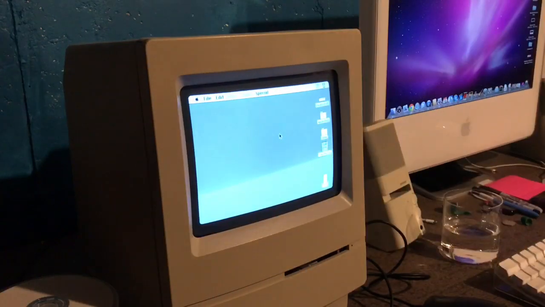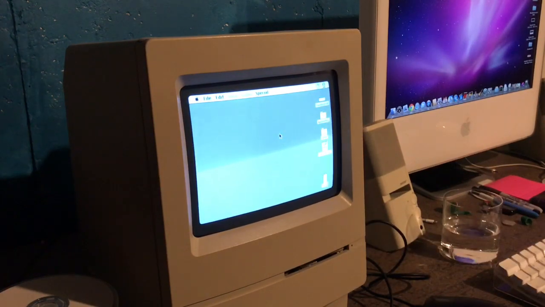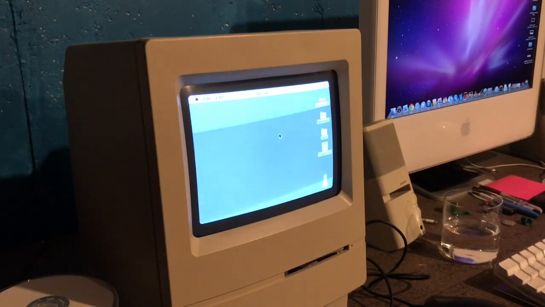Alright guys, we are now in the home stretch, and pretty much all we have to do now is insert the floppy disk and hope that it reads it. Now, before you actually put stuff on your disk, what I recommend you doing is putting it in the old computer first and seeing if it reads it. If it does not read it, press initialize and allow it to initialize it at the highest format it can